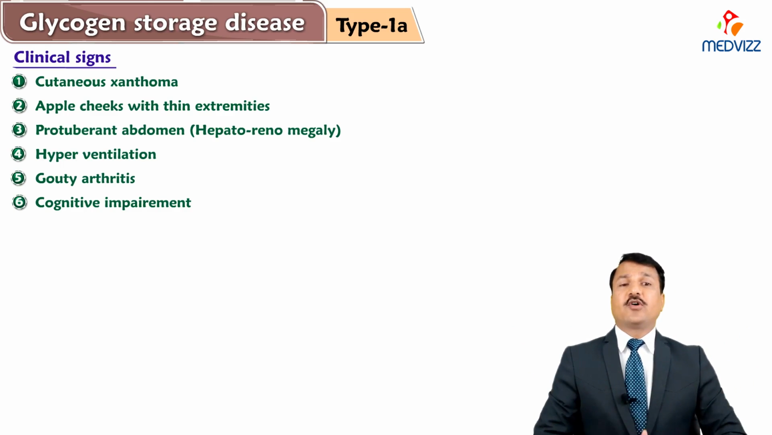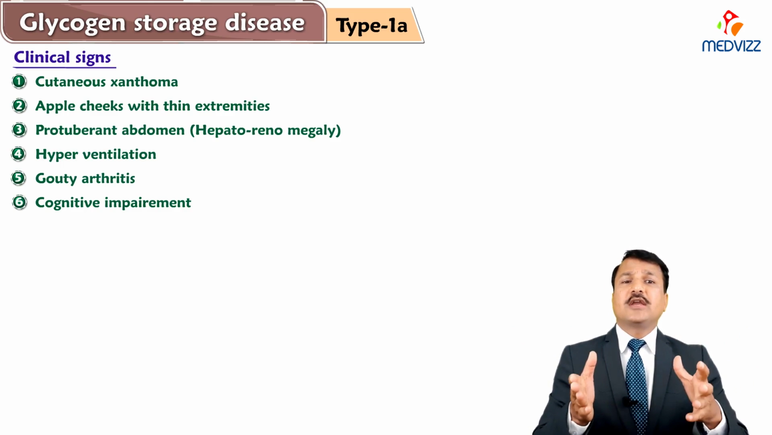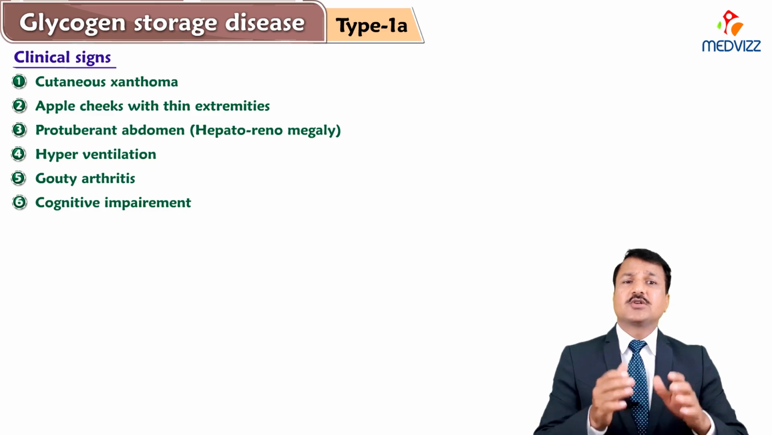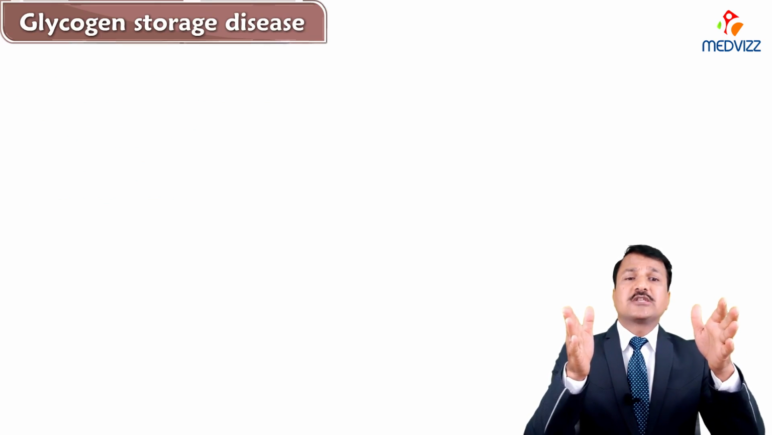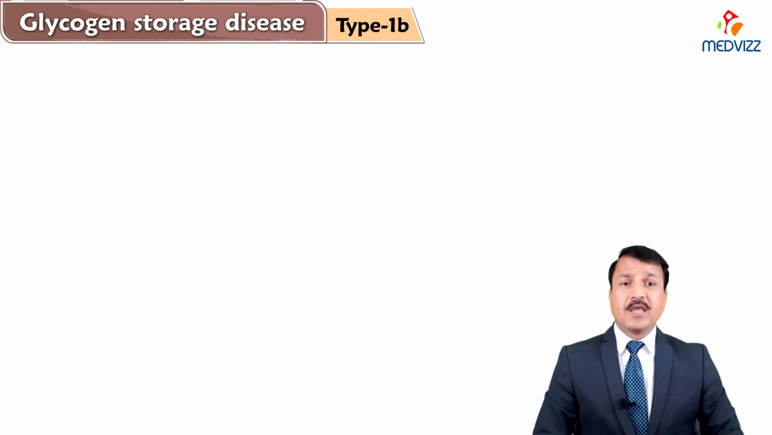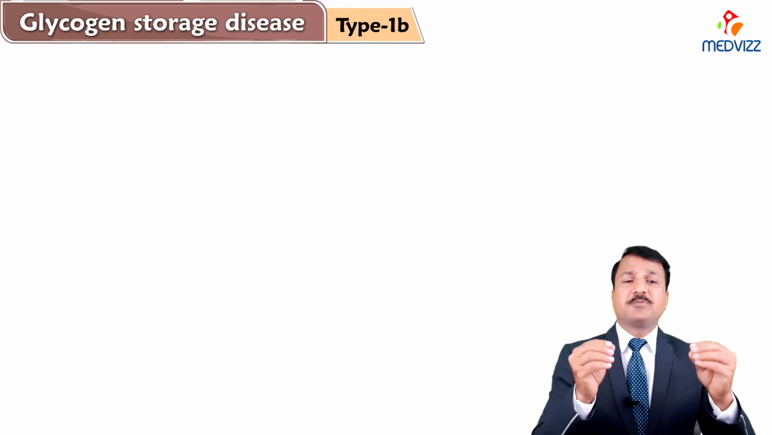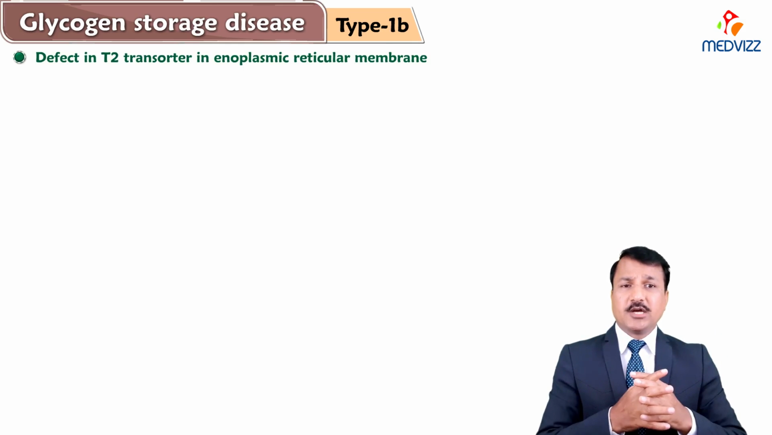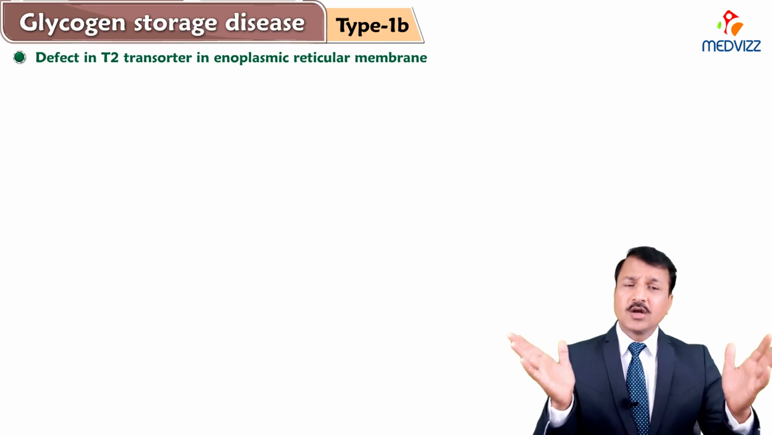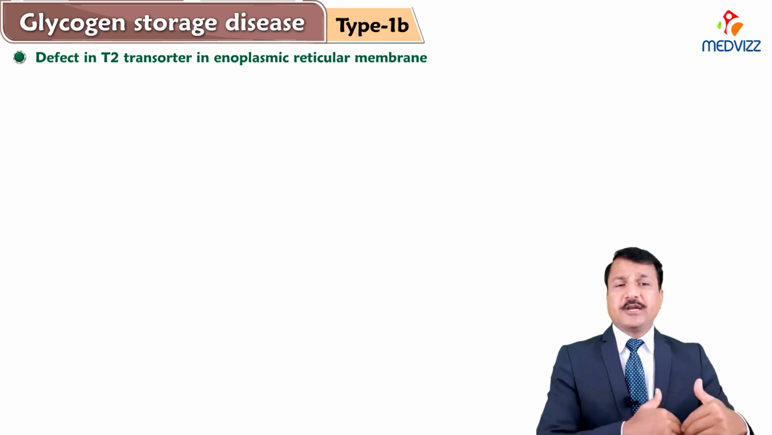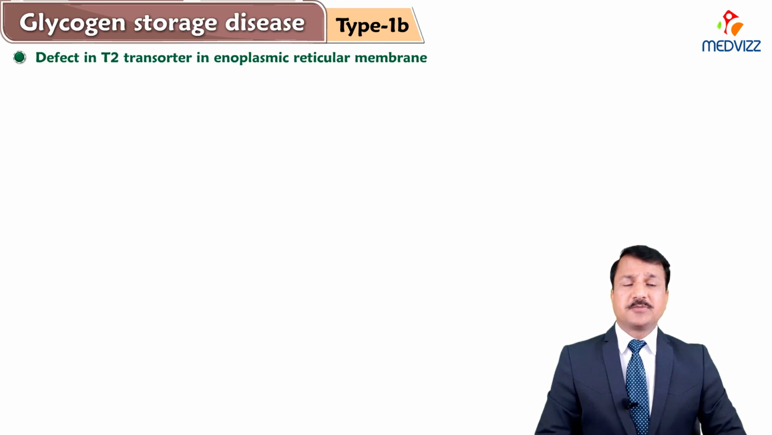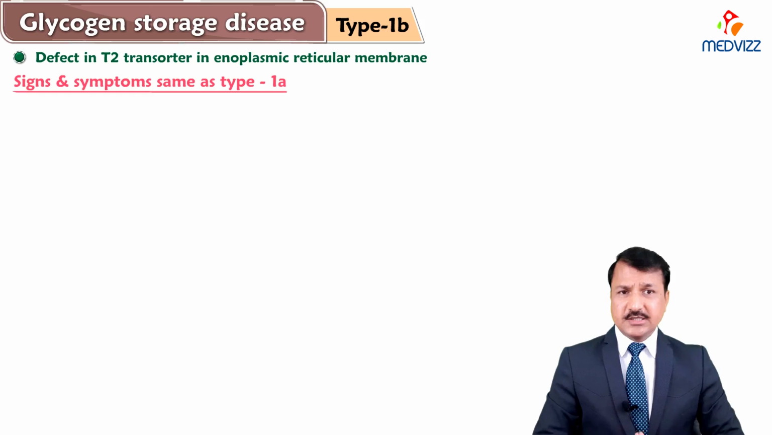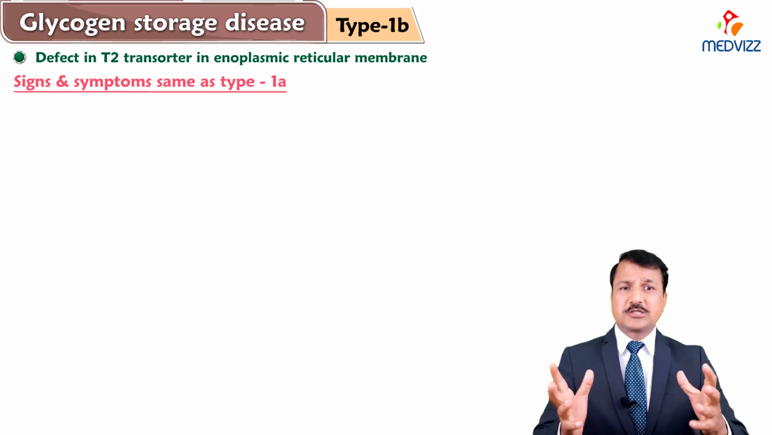What is the treatment for Von Gierke disease? Before I go to the treatment, let me explain what glycogen storage disease 1B is. Glycogen storage disease 1B is because of a defect in the T2 transporter in the endoplasmic reticular membrane. That means glucose 6-phosphate is not entering into the lumen of the endoplasmic reticulum. So signs and symptoms are very similar to Von Gierke disease,